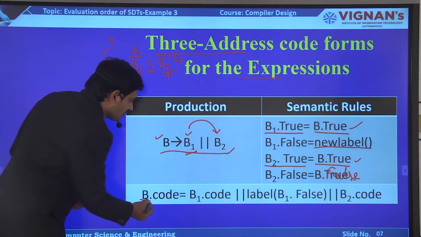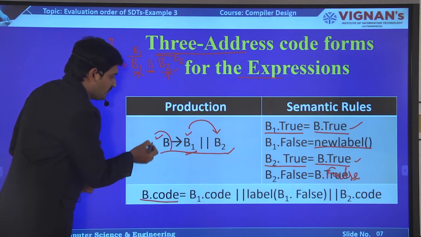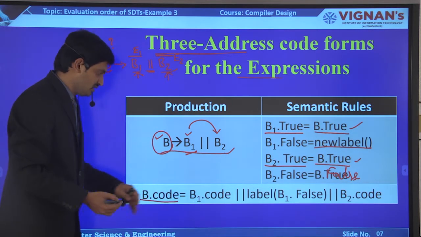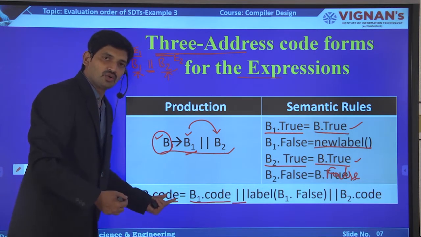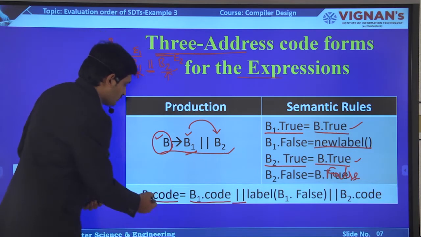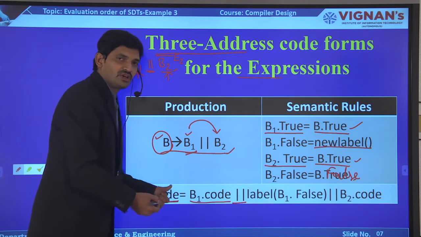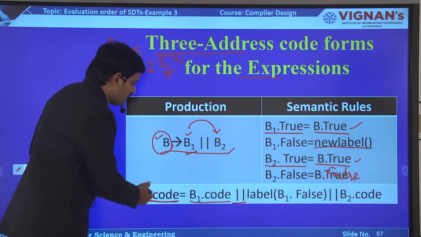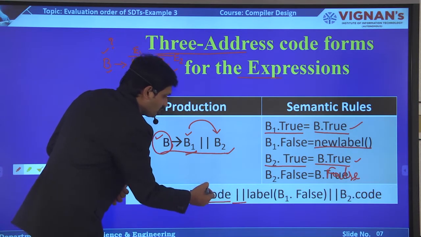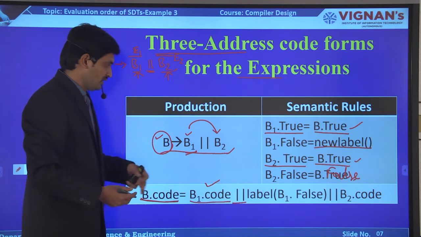So B dot code, that means this B value is going to be evaluated like this. Now we are writing the three address code for this B. So this is the evaluation process of B. When I need the B value, first I have to execute this B1 code. Okay.